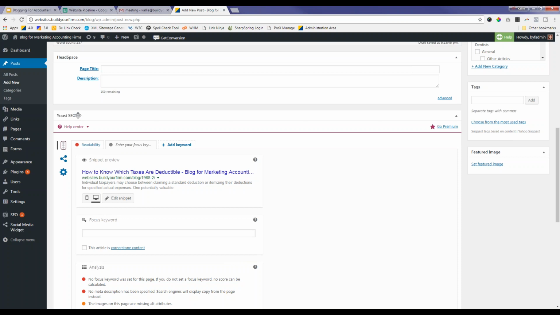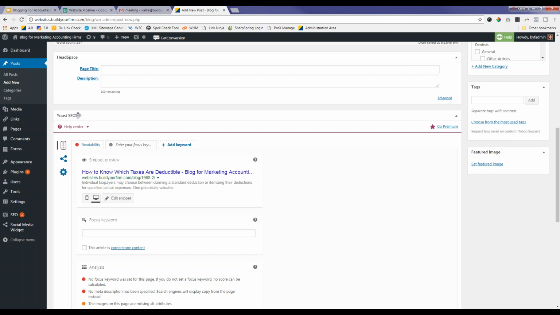They are going to ask you to create what's called your page title and your description. And the page title and description are doing two things. One thing they're doing is just overall giving your blog post a title and a description so that people know, and so that the search engines know. It's just like a one-sentence synopsis on what an article is about. And it helps users know what this article is going to be about.